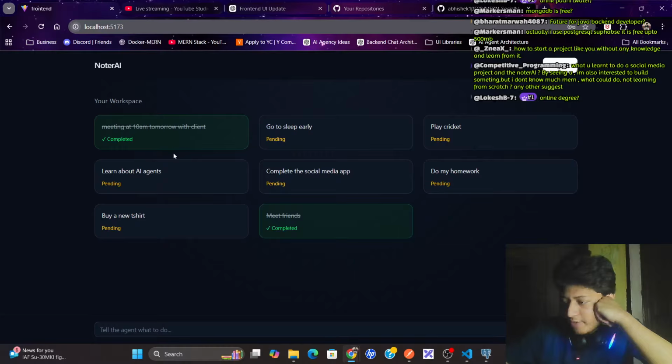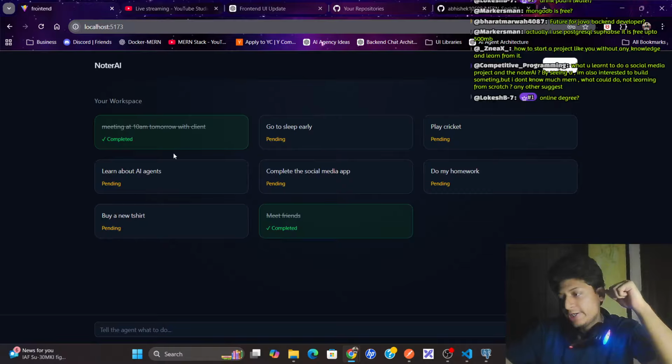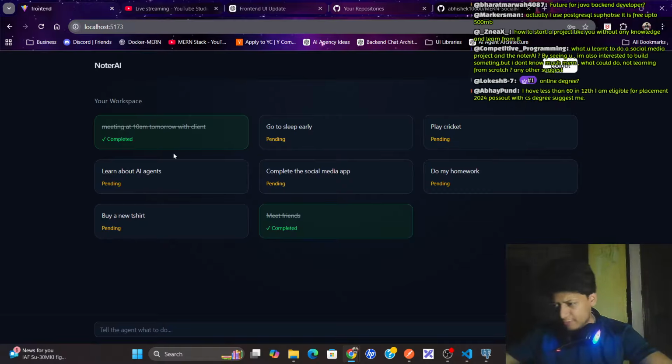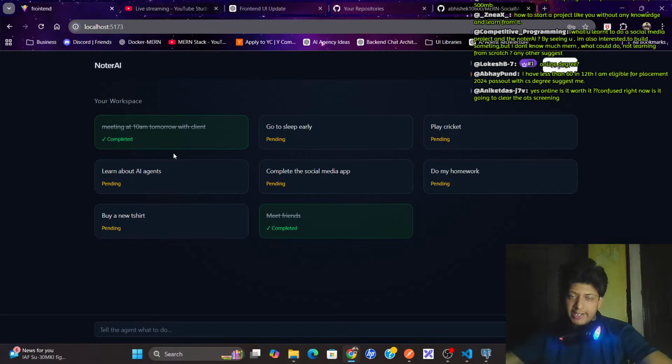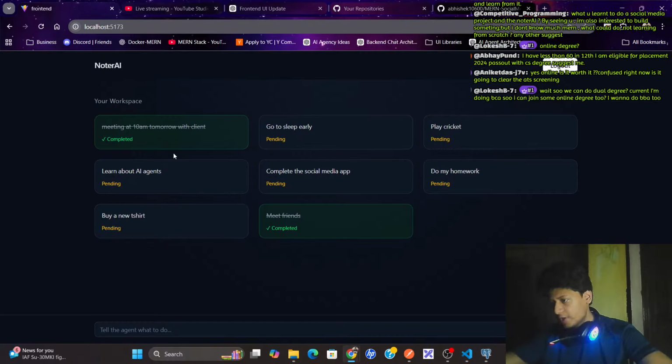See, if you want to get into data science, then you can go for a good course, in my opinion, instead of getting an online degree. If you are going to get a degree, get it offline. Don't do it online because, in my opinion, online degrees are not valued much. If you are going for a degree, go for an offline degree.